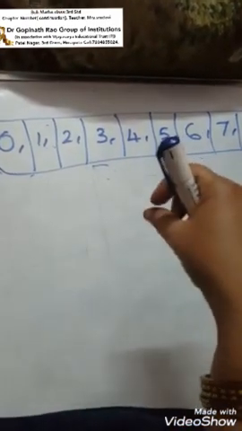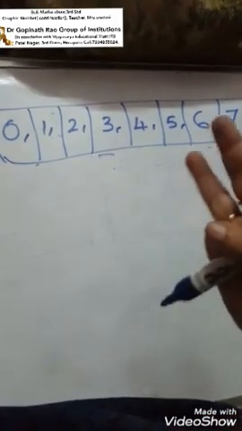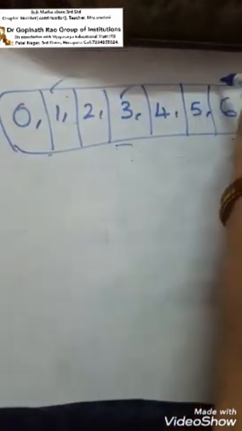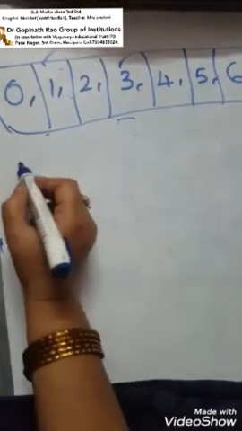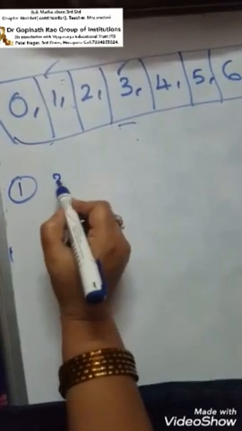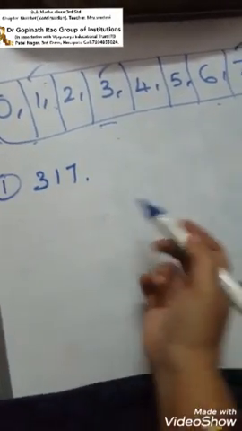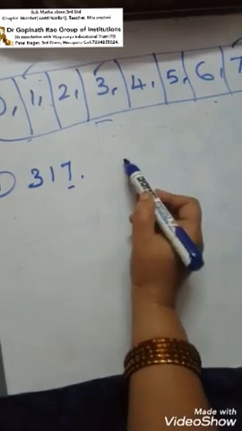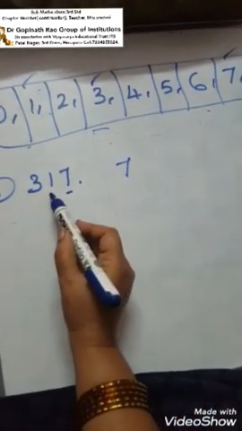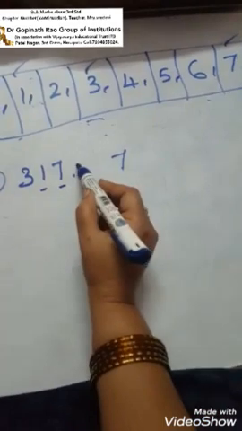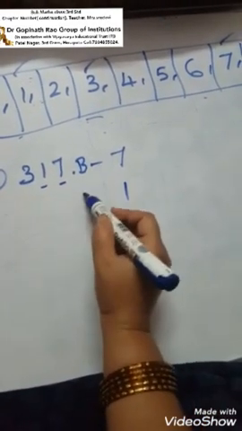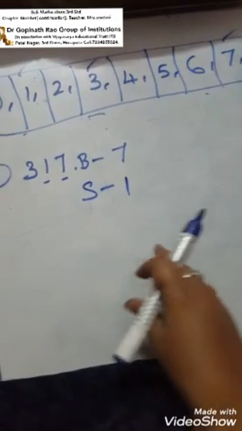So what do we have to do? We have to do an activity now. Which activity? We have to pick 3 cards from this. After picking the cards, we got 3 cards, that is 3, 1 and 7. So among these 9 cards, I have picked the cards. We got 317. The biggest digit is 7 and the smallest digit is 1.